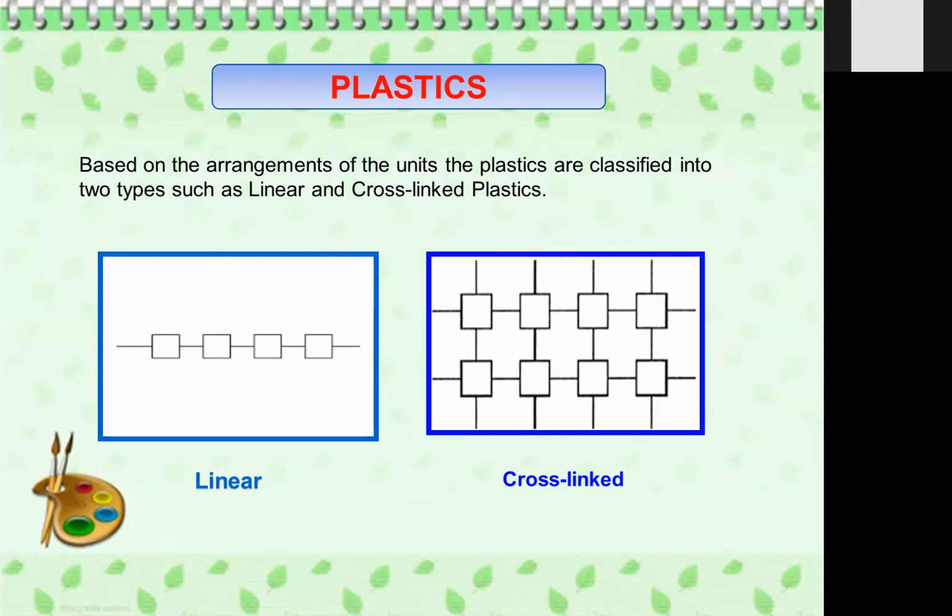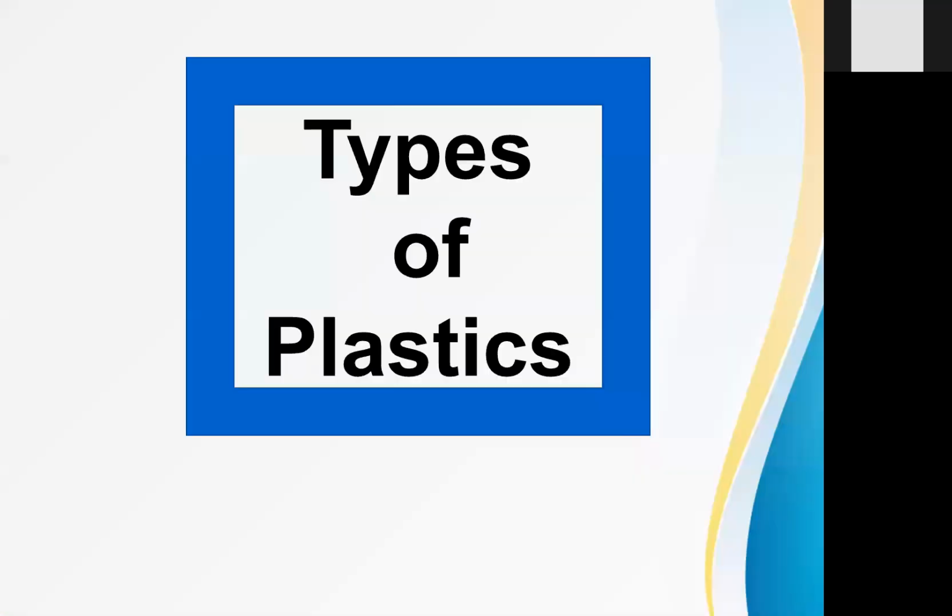With the help of this arrangement, you can find out that plastics having a linear arrangement of monomers can be easily molded. You can heat them and mold them easily. But with cross-links, it is difficult to remold them and set them into a new shape after deforming the previous one, because the arrangement is cross-linked, and that is not as possible as in the case of a linear arrangement.